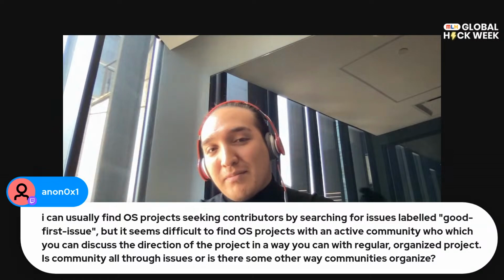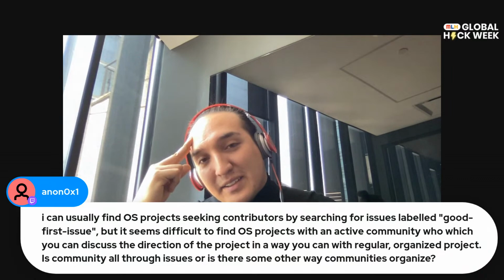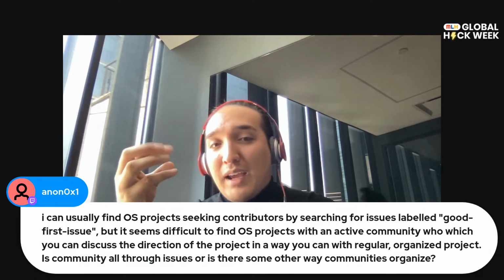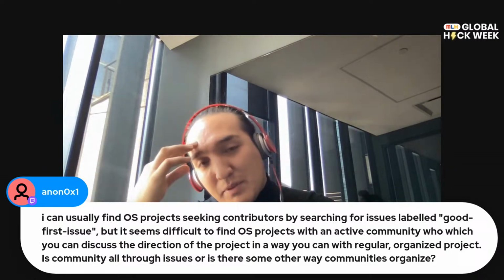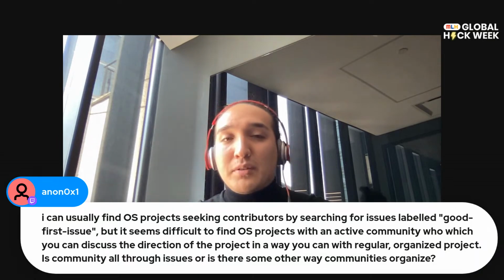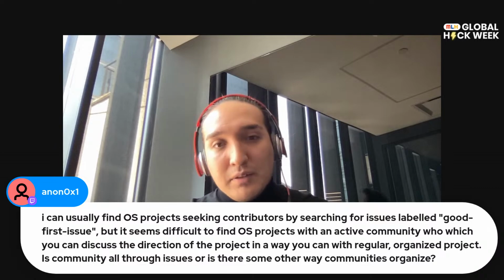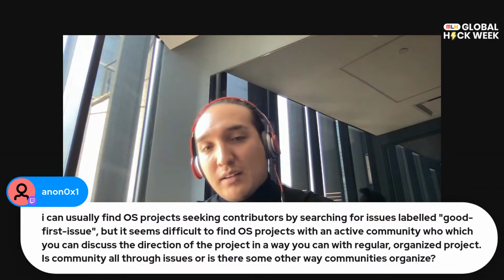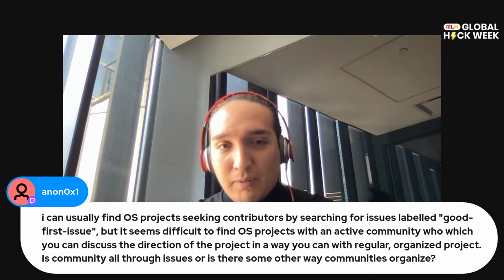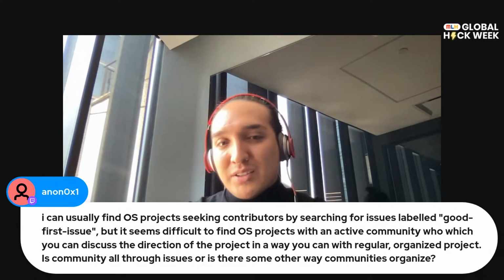React has Facebook behind it. Angular has Google behind it. There is big support of communities, but also big support of the open source community. You can think of Linux if you want. There are Linux forums and Linux Discord servers and communities, very active, and other ones not so much.